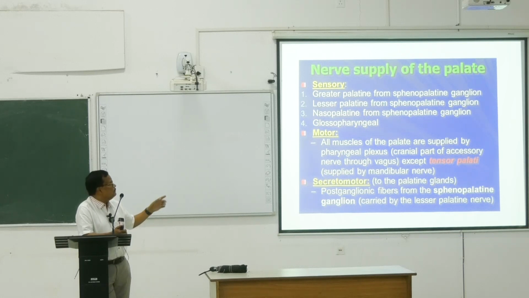So nerve supply of the palate is very important. Now you have a full-fledged idea about the motor supply, all the muscles, and for the rest, sensory and secretomotor, you have just superficial knowledge. Because when I explain in the next week, then it will be as easy as anything. Just remember, in this way you will write. If we come to the nerve of the palate, next, last part of the palate is,